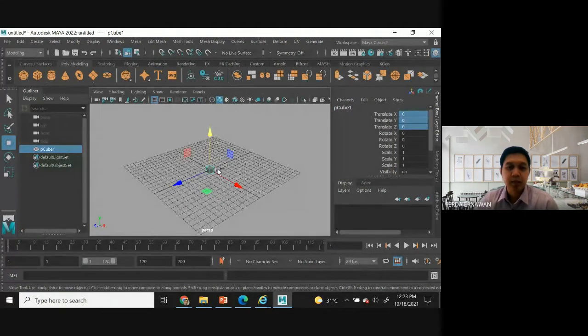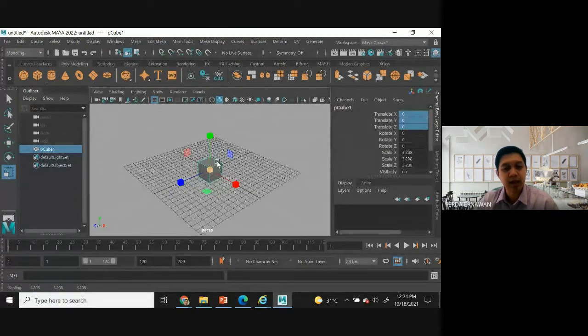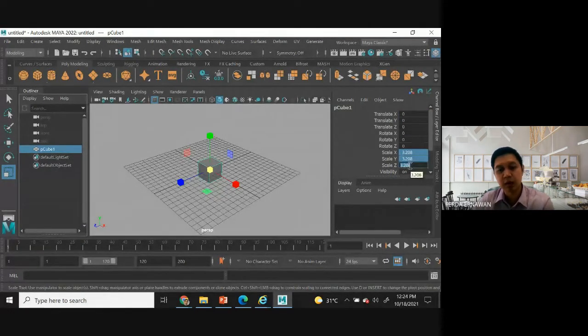And then, let's say I'm going to resize this one a little bit. You also can use a mouse here, click the center and then scale it. For example, select R like this, then scale it. Or you can use scale X, Y, and Z, and assign an exact value. If you use a mouse, you will not get the exact value. If you assign it like this, you can get the same value, 3.